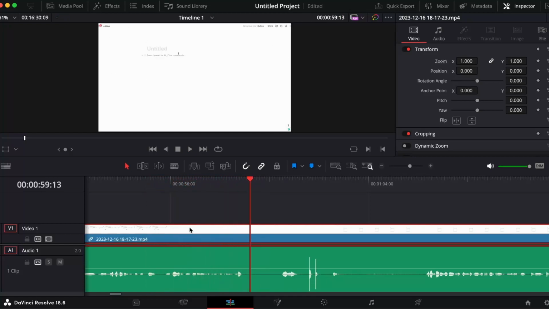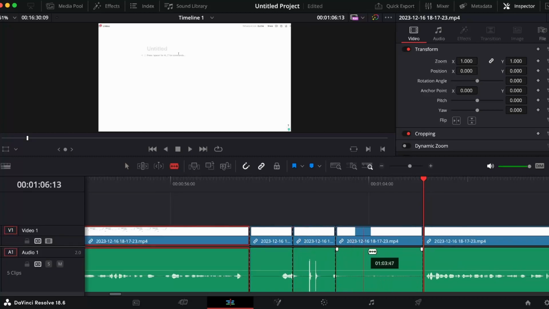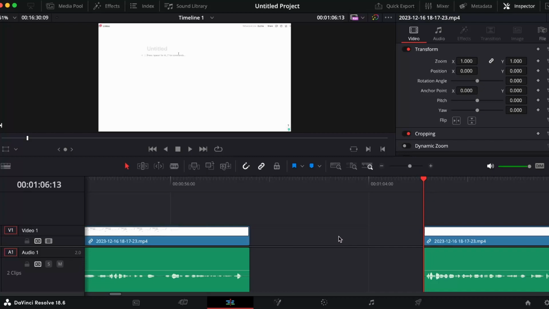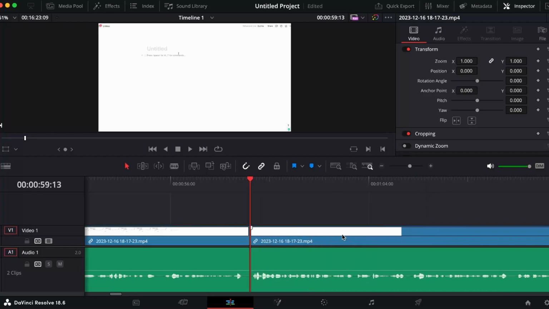So somewhere around here, I'm going to press B for blade. That's going to cut it right there. Somewhere around here, and then blade. Oh, it's actually already still there. And then I would press A. So B turns into a blade where you could chop, chop, chop. And A allows you to select. So we're going to select all of this in the dead middle, delete, and then you could click on this space and delete. Nice. So we should have a nice edit from scratch and add a little something extra